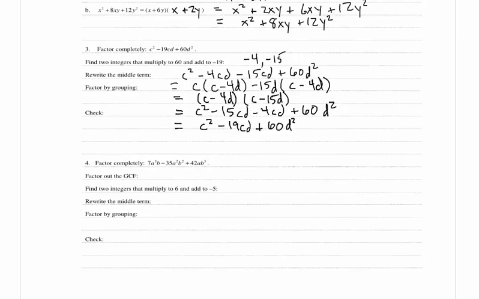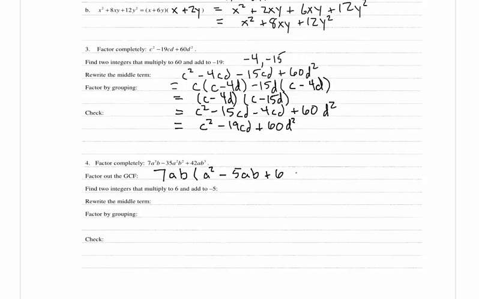In 4, it says factor completely 7a cubed b minus 35a squared b squared plus 42ab cubed. And we want to factor out the greatest common factor, and 7, 35, and 42 can all be divided by 7, so 7 is going to be part of our greatest common factor. And we have a cubed, a squared, and an a, so we can factor an a out. And b, b squared, and b cubed, so we can factor a b out. And then when we factor out a 7ab, we're left with a squared minus 5ab